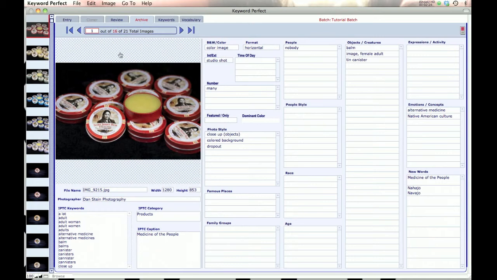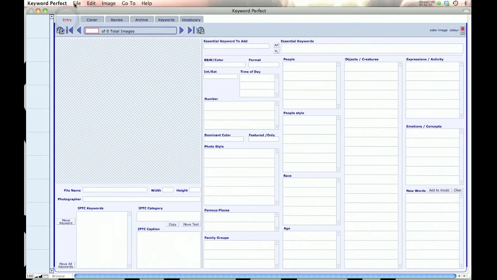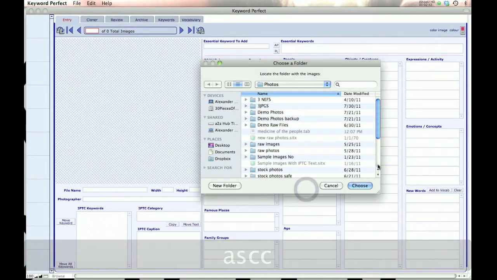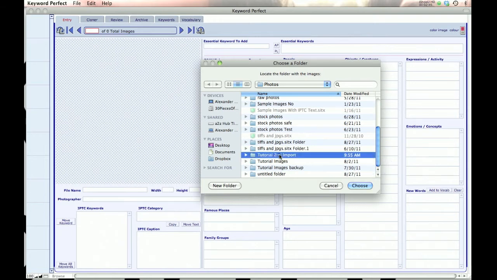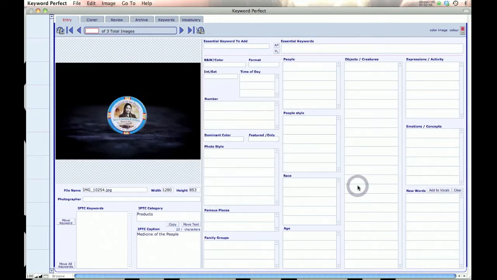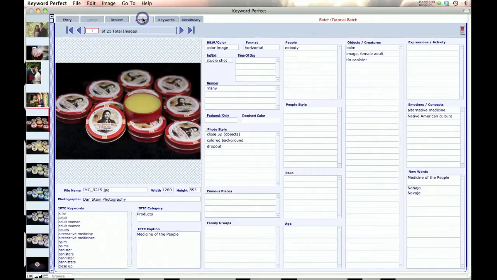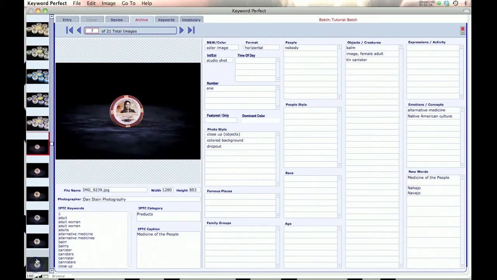Another thing you can do with your images in the archive is that I can do the keyword archive cloner from here. Now, first, to do that, I need to have images in the entry screen. So let's go and import some images. We'll just quickly import a group of images. Second import. So I import these four, and I say, oh yeah, I've already keyworded that. It's in the archive. And then I go and find one, so that one,